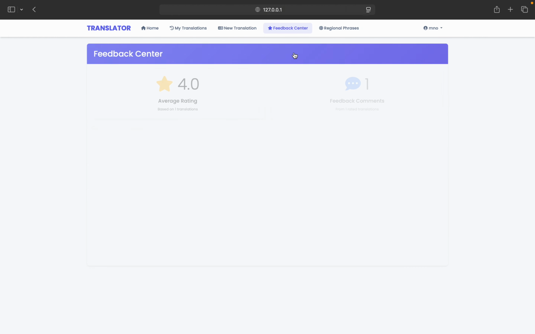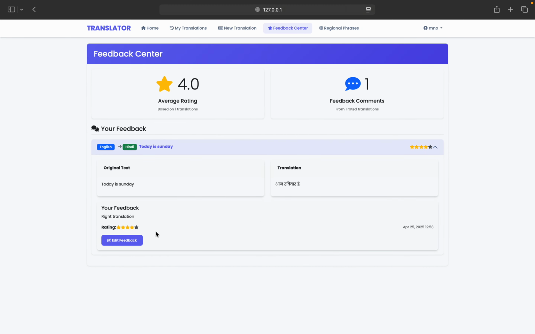When we click on view all feedbacks, we'll land on this page, which just displays all the feedback that every translation received so far. For example, we have only translated once, so this shows only one translation, which got 4 stars, and average star rating is 4 also. And also we got one comment which is